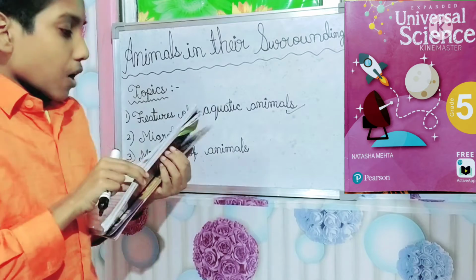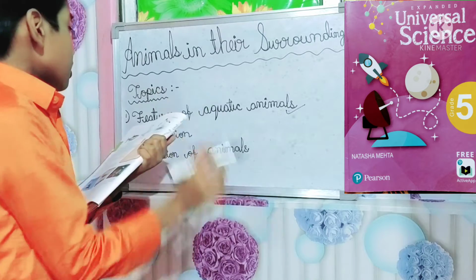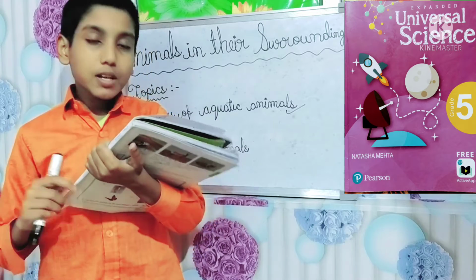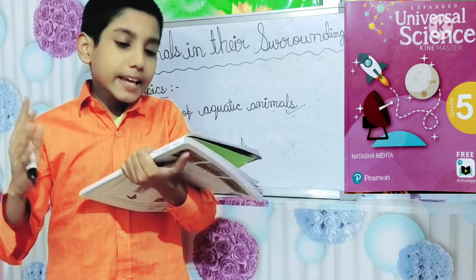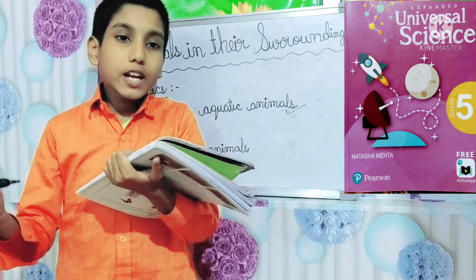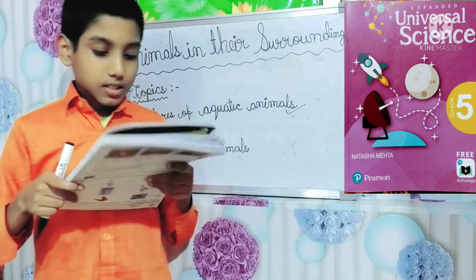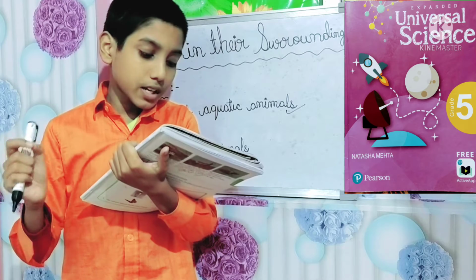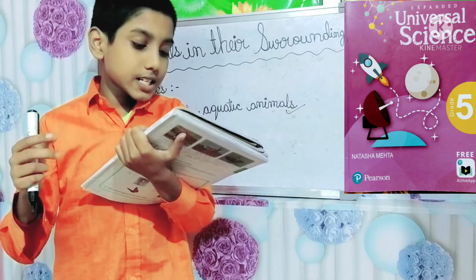Now let's discuss migration. Many animals migrate in search of favorable conditions. We know that many animals migrate in search of favorable conditions, like in search of shelter, in search of food, in search of a home where they can give birth to their young ones. They travel thousands of kilometers to escape the cold weather, find food and also find a suitable place to give birth to their young ones. So these are the conditions.